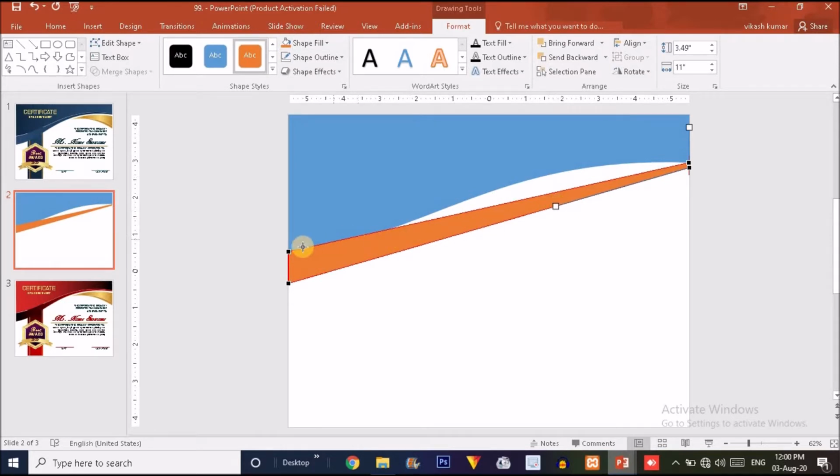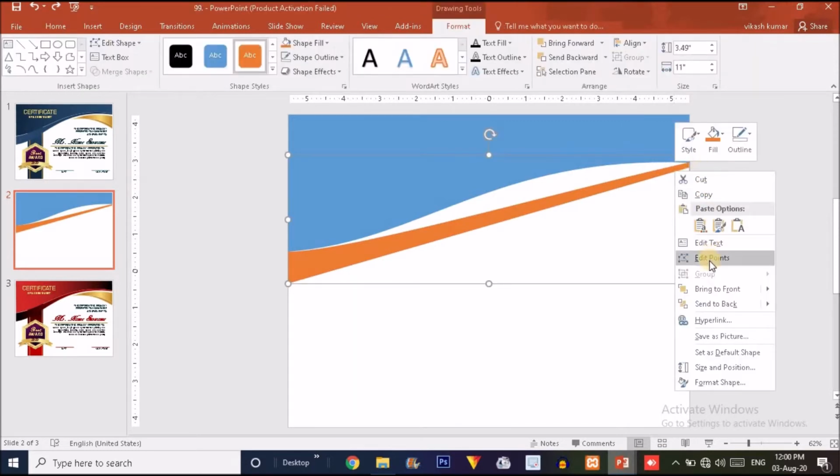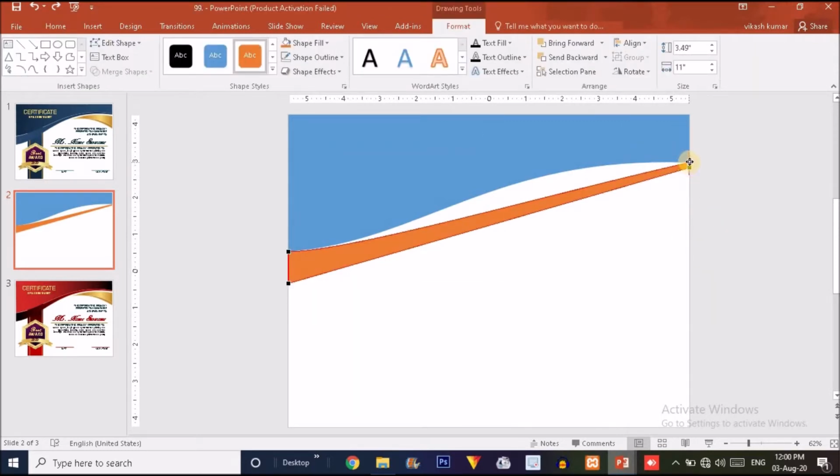And now click on this black dot over here and drag it like this. I will click on this black dot over here. Right click over here, click Edit Points, click on the top black dot and drag it over here like this.